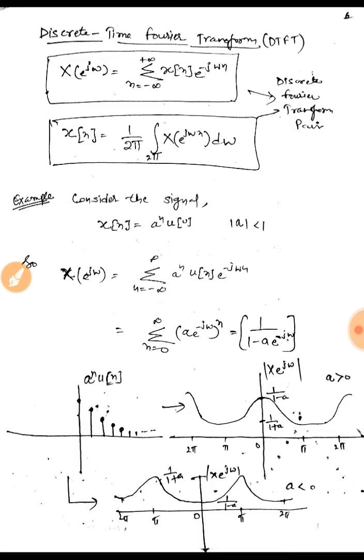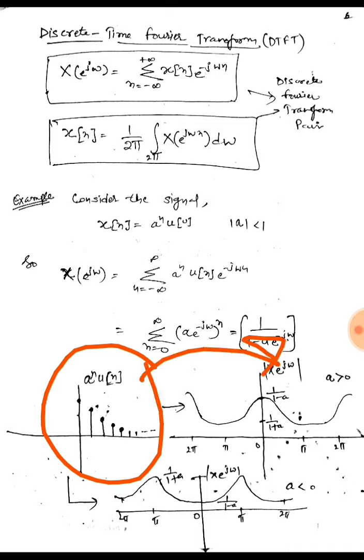So we can see the signal in time domain was discrete, but in frequency domain it becomes a continuous and periodic signal. Okay,